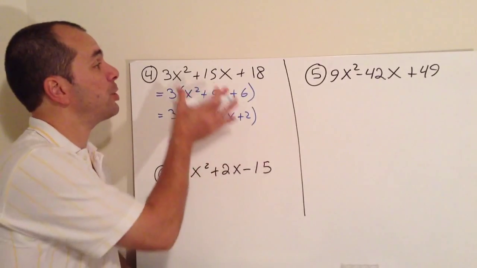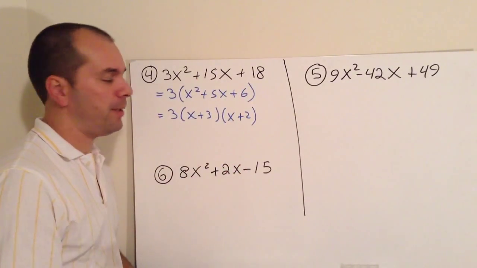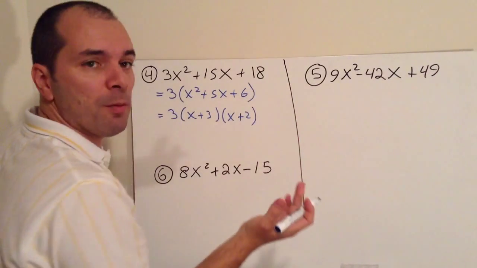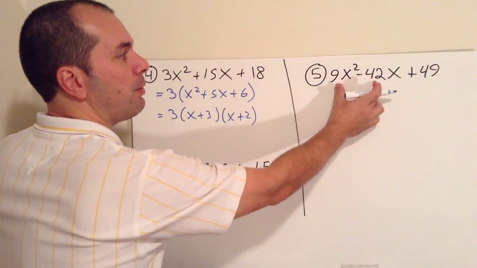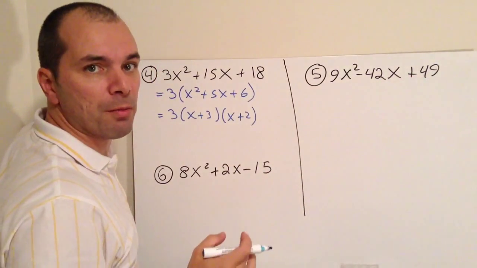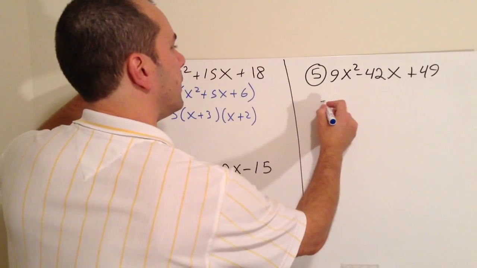So just checking that there's a common factor, I made my life a lot easier, and I always should check for that. Okay, question number 5. I will check for common factor too. 9 and 42, actually this 3 goes into both of them, but 49 is not divisible by 3, so there's no common factor. So I'm going to need, let's see,